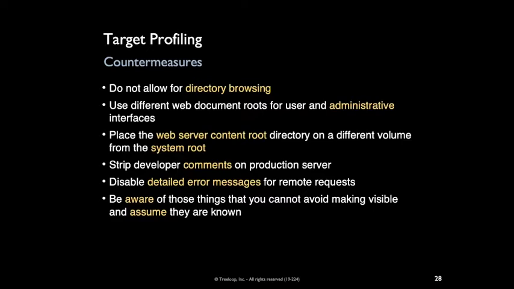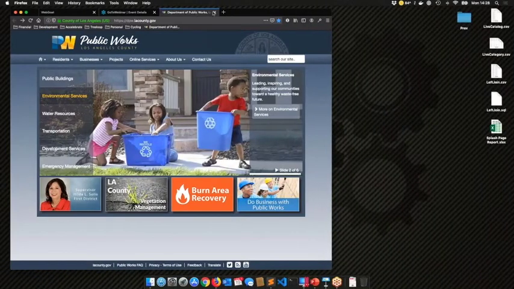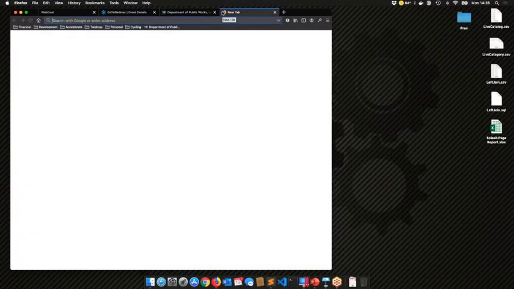Be aware of those things you cannot avoid making visible and assume they are known. Kind of already said that. When it comes to this detailed error messages thing, I do have a quick example here that I shared with the folks this morning. So